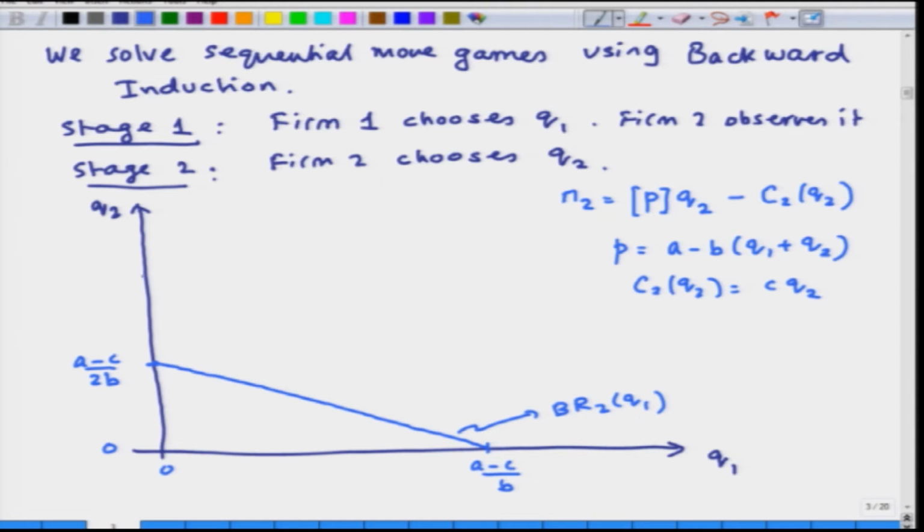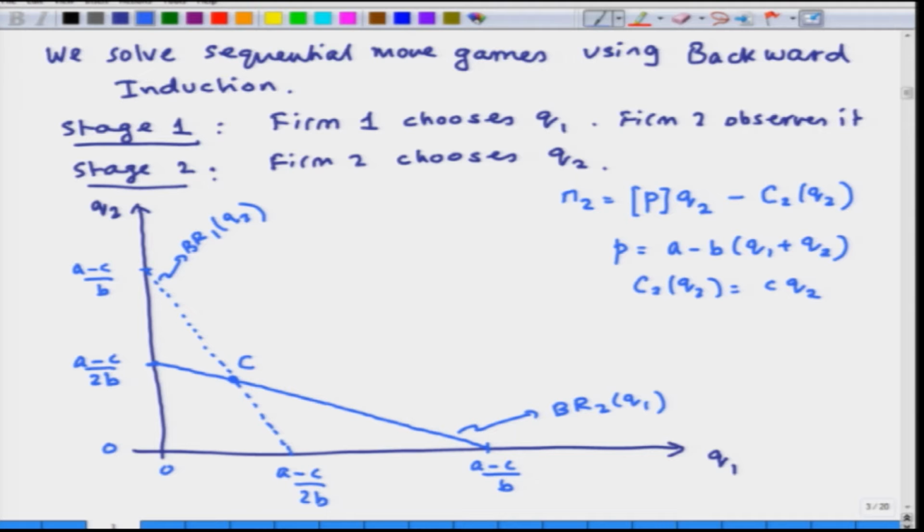And if I had simultaneously solved firm 1's profit function, or rather the best response function, we would have gotten a reaction function for firm 1, which would be something like this, right. So, this would have been (A minus c) by 2B and this would have been (A minus c) by B. This would have been firm 1's best response function in the Cournot model. Okay. But we are not solving it simultaneously, we have solved firm 2's problem and then we know that this is the Cournot solution. Now, let us first ask,